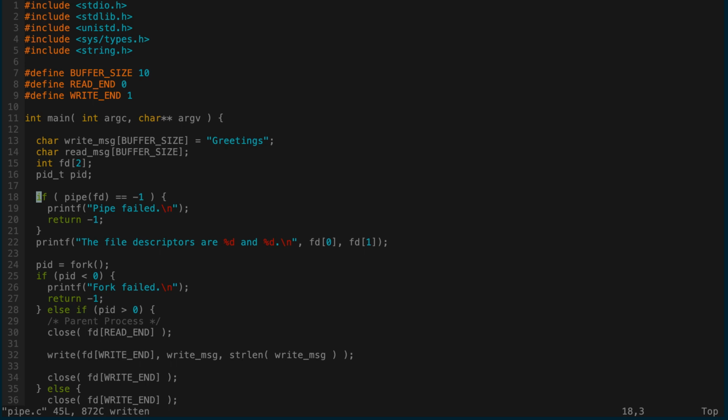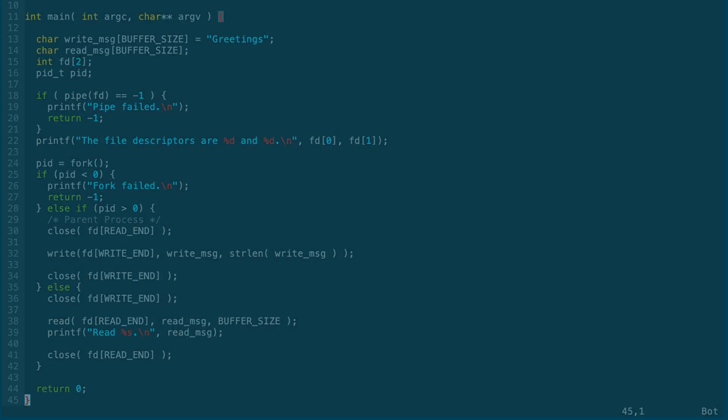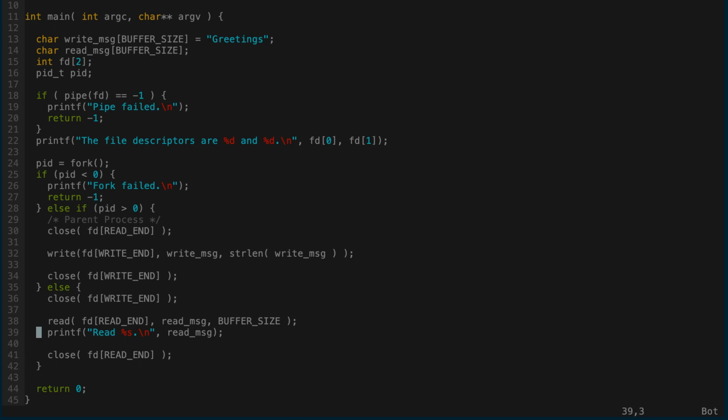Okay, at line 24, we fork, and therefore a child process is created. We're going to check and see, did the fork succeed? If not, exit. And if the process ID is greater than 0, this is the parent process, and the parent will close the read end file descriptor, write the message to the destination, and then close the write end when it's done. The child process closes the write end because the child is only going to read. It will read from the read end, and it will print out whatever it observed,